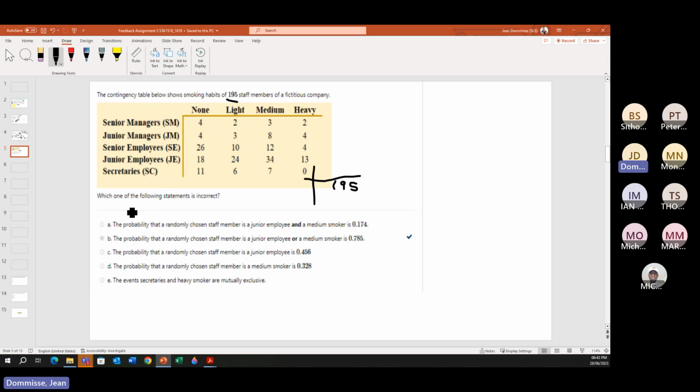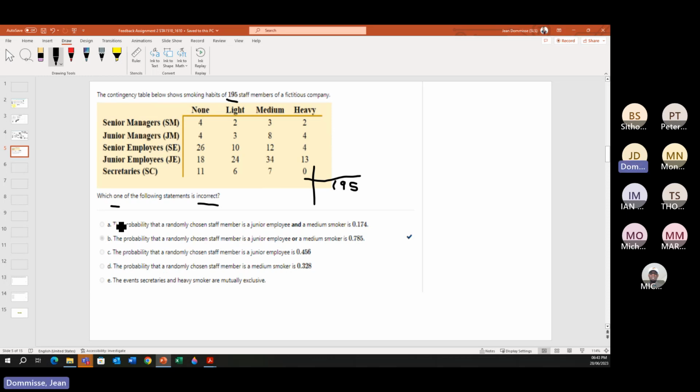And then again, they ask us which one of the following is incorrect. So how I would look at it is I will not first go and work out all the totals, because again, it does take time. So I'll rather look at what the questions are,